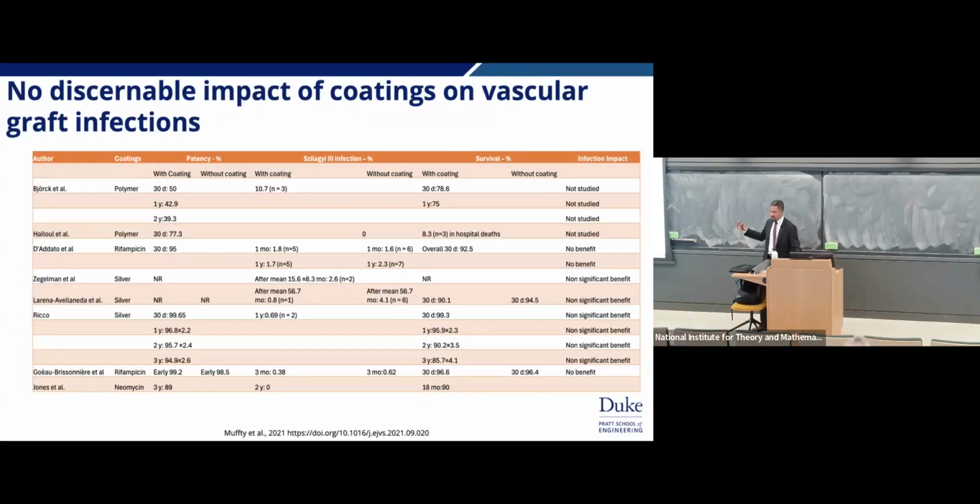And that's because on an impact level, on a social level, there's really no discernible impact of coating, let's say, these vascular grafts. When I said, yeah, the implanted medical devices, biofilms are a really big problem inside of there. There seemed to be no real discernible difference there, right? We are not able to prevent biofilms from forming on a vascular graft, whether we coat it with nanomaterials or antibiotics, right? You're still going to have biofilms forming on the sides of these vascular grafts or implanted medical devices.